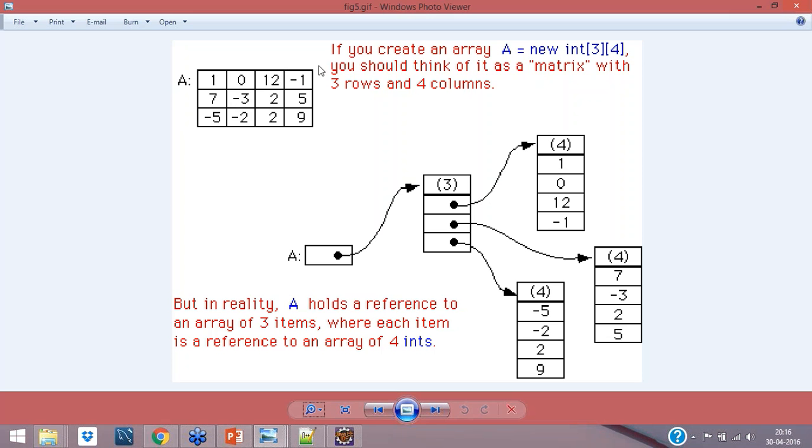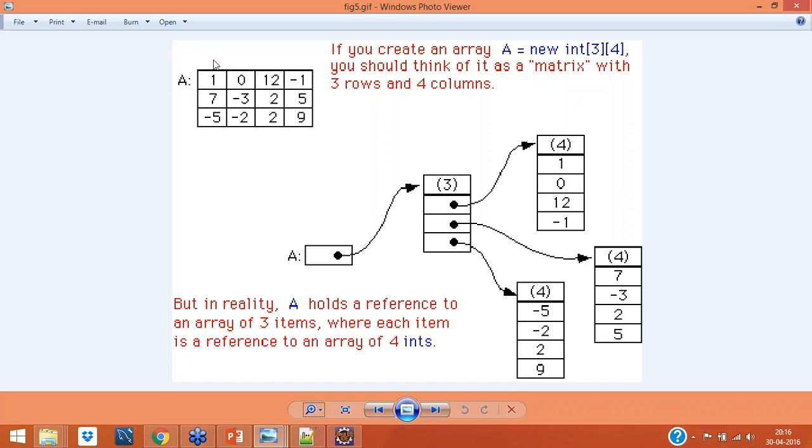So let's say this is A0, this is 0 0, 0 1, 0 2, 0 3, 1 0, 1 1, 1 2, 1 3, then 2 0, 2 1, 2 2, 2 3, like that. So this is the 0th place, 0 0, 0 1, 0 2, 0 3. Then at the 1st place it will come 1 0, 1 1, 1 2, 1 3. Then 2 0, 2 1, 2 2, 2 3.